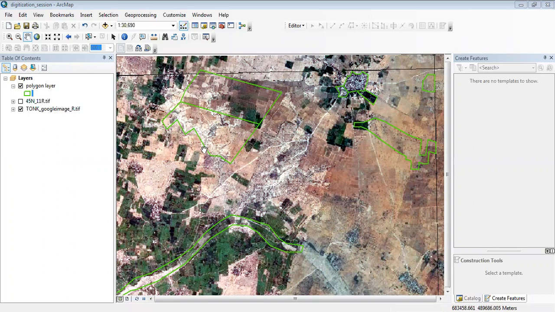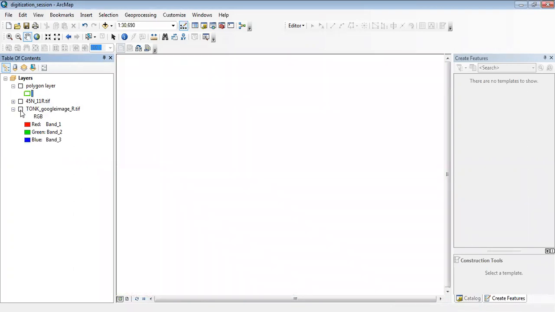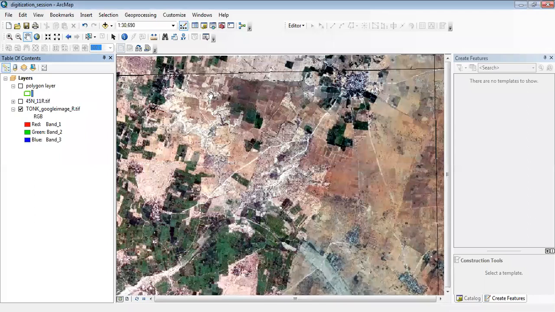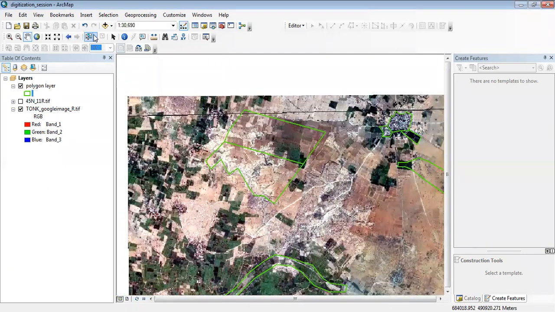So our first step is, first of all, select the polygon with the help of which we want to clip our raster.